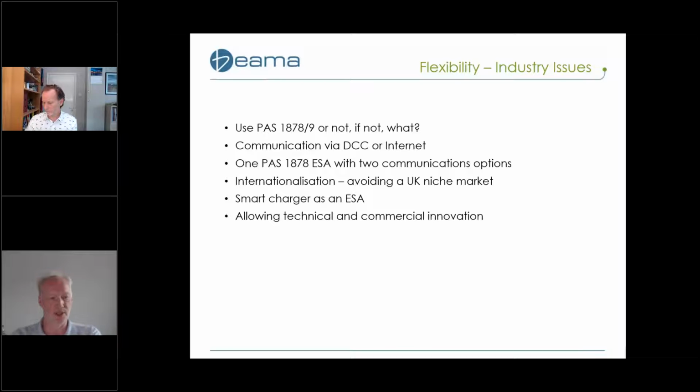One option, which I think is possibly an important one, is that you could have ESAs, Energy Smart Appliances, compliant to PAS 1878. That in theory you could talk to either of those communication routes, which would allow people to start developing the kit without having to worry too much about how it's going to be communicated with. So one of the things, it seems to me, is actually at the end of the day, all we're doing really is making sure the large energy demand devices in the home have a common mechanism that people outside of the home can access to